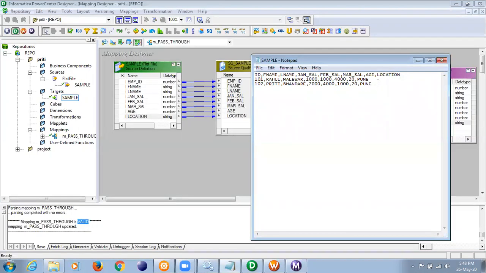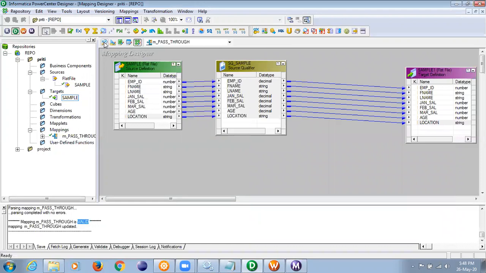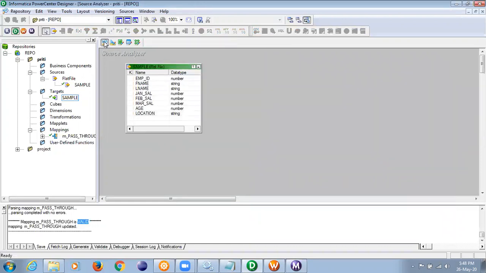Before we proceed further, like I told you, I was having one issue. I was not able to create a new source. We'll drag the same source and target. Now, if I want to change my source file, it will always give me this. How do I get a new window? There is no problem. You can have thousands of sources here. This is just a placeholder for all the sources.